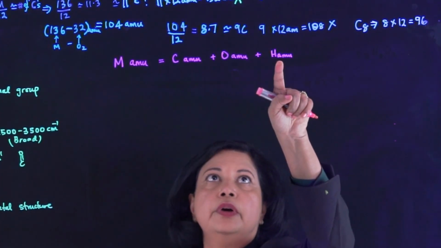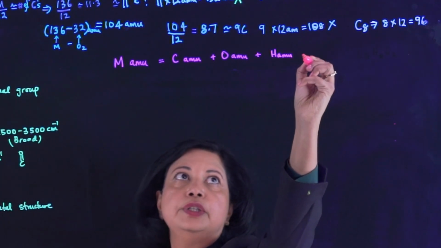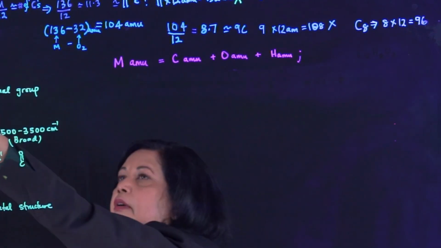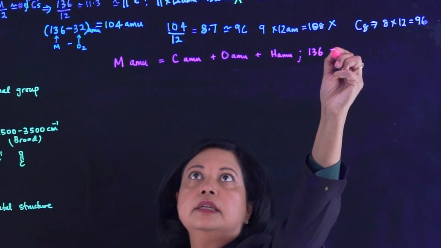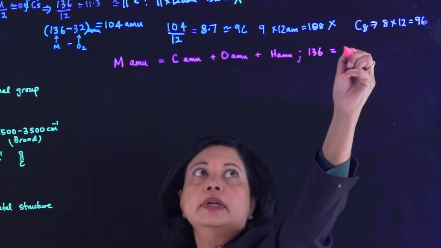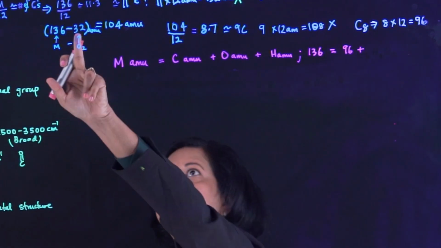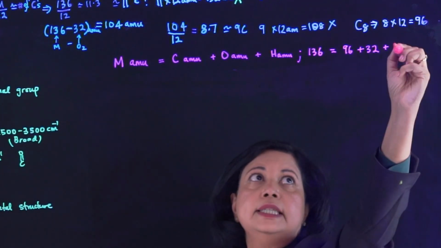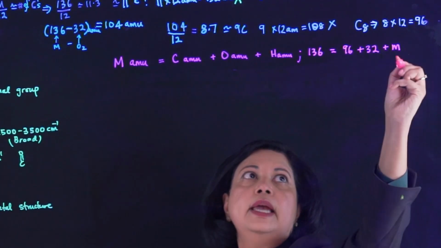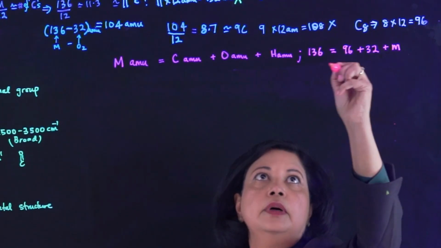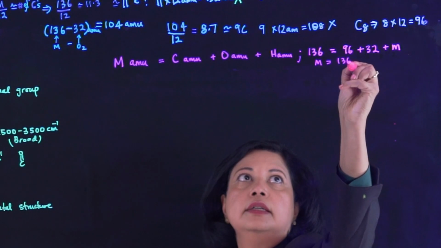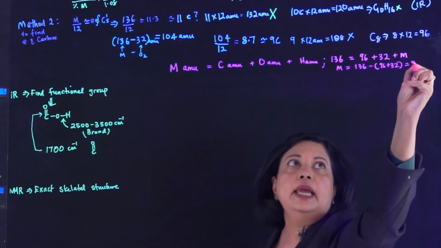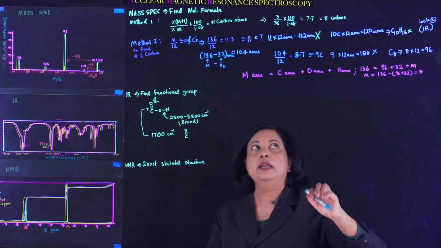So we can find the number of hydrogens. Let's say this is M. Hydrogen is going to be M. And this is going to be 136 according to our graph. So 136 is going to be equal to 8 times 12, 96, plus 2 times 16, 32, plus, we don't know how many hydrogens, let's say this is M. And therefore, M is going to be 136 minus 96 plus 32, and that's going to be equal to 8. So that is going to give us a formula